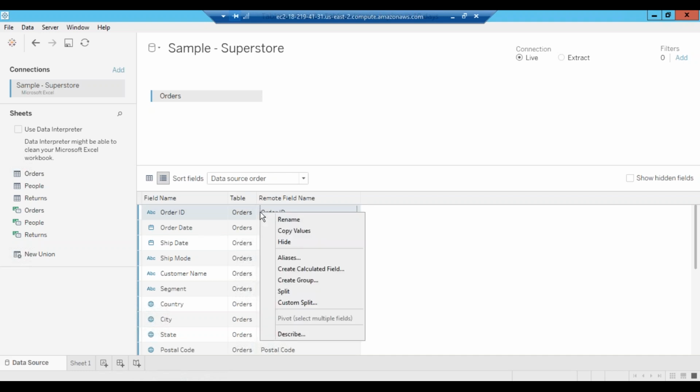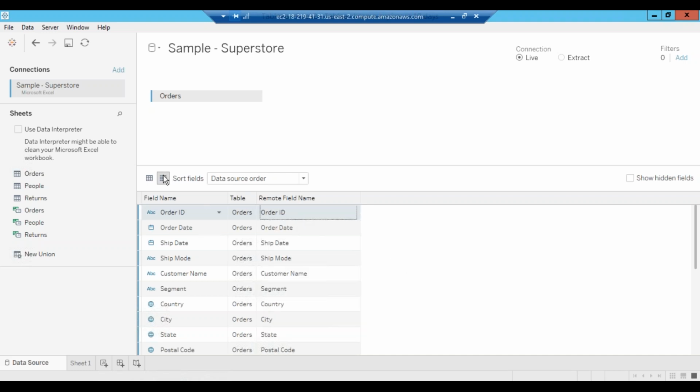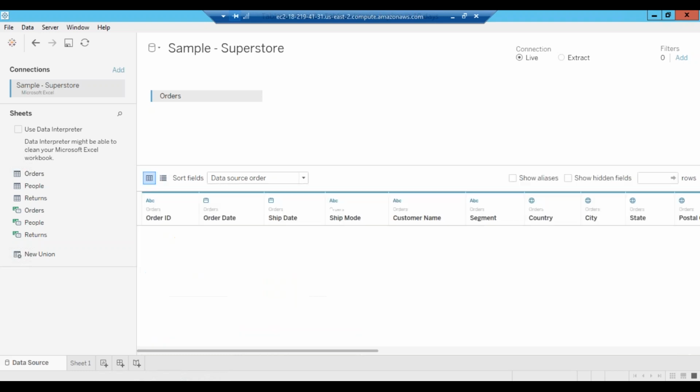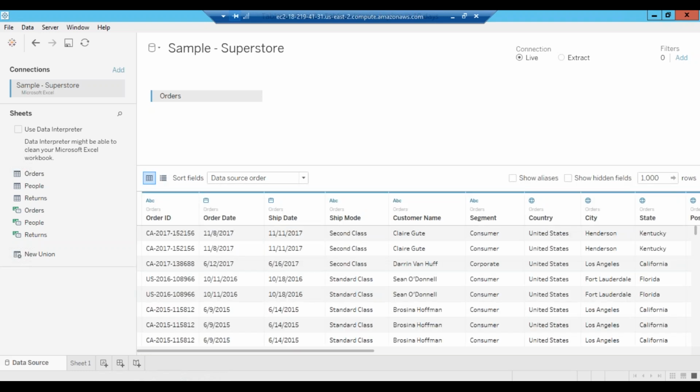Okay, so like this you can do a lot of things here. This is under the second option, where you have 4 lines with dots: manage metadata and sort field. So if you want to sort it, you have data sort order, A to Z, Z to A, ascending, per table, and all that. This is about working on the data. Working on the data is very important. You have to see how the things are there.